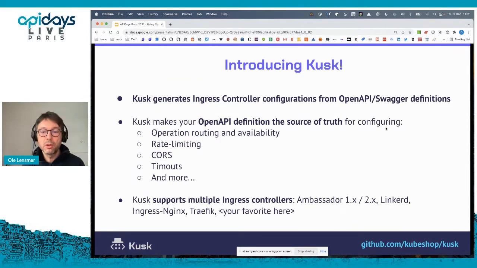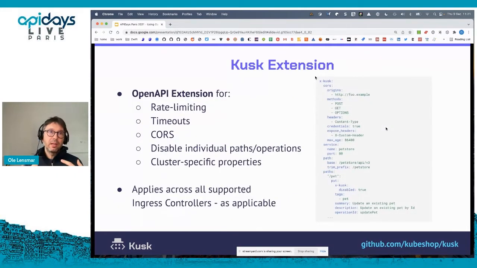Today it supports Ambassador, Linkerd, Ingress Nginx, Traffic, and your favorite here, meaning that you can head over to GitHub, either contribute or open an issue, and we'd love to expand the ecosystem of what we support and what we can do. And Kusk obviously uses what's already in OpenAPI to do basic